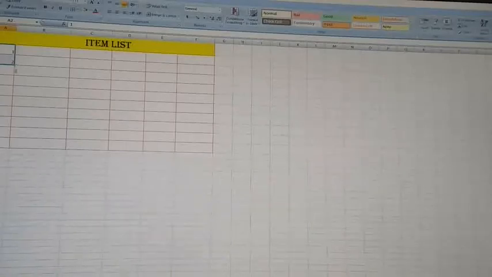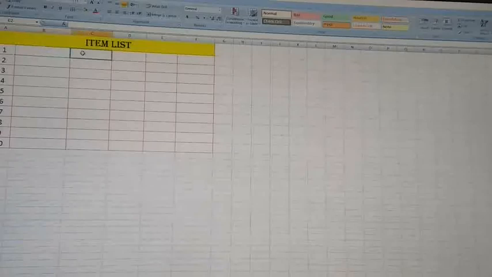Just write and here drag it. Automatically that number will come. You can change the size also.